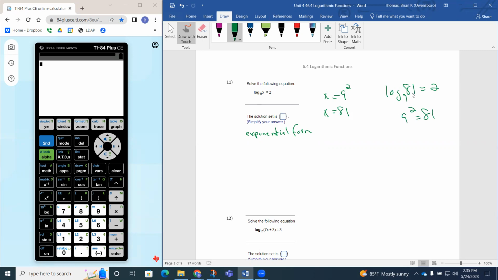So if you wanted to, you can double check this. Does the log of 81 base 9 give me 2? So hit the math button, log base. So if I put a 9 there and put an 81 here, so remember the answer to a logarithm is the exponent of the base. So that 2 does work. It does check out. You also could graph it by going y equals, you could go math,